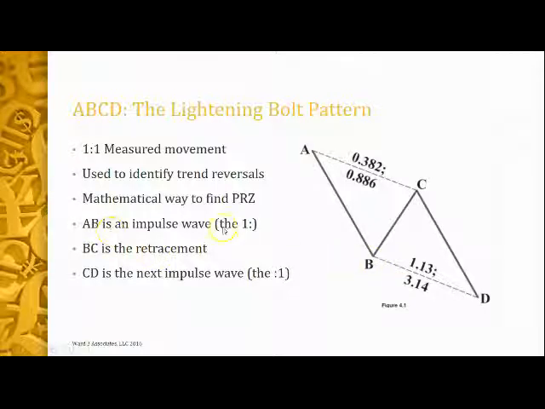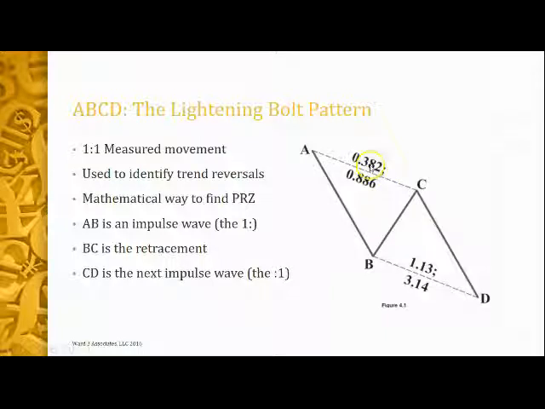The AB is an impulse wave, the first one. BC is the retracement. And CD is the next impulse wave and the extension. So these numbers, guys, how you read these numbers is like this. If you fib from this high to this low, the retracement of this C